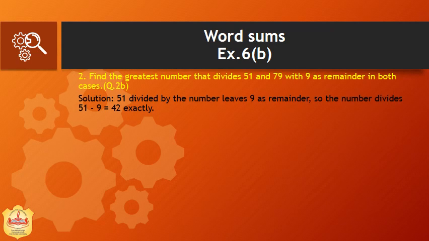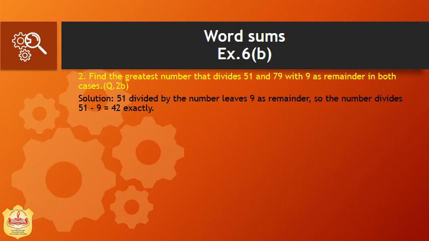51 divided by the number, that is the greatest number which you are supposed to find out, leaves 9 as remainder. So the number divides 51 minus 9 is equal to 42 exactly. Children, what is the meaning of this line? Well,